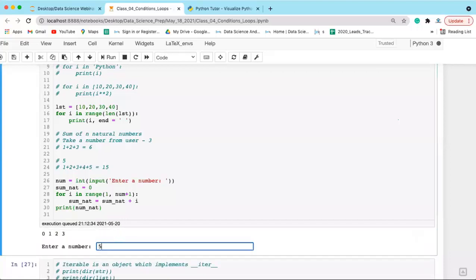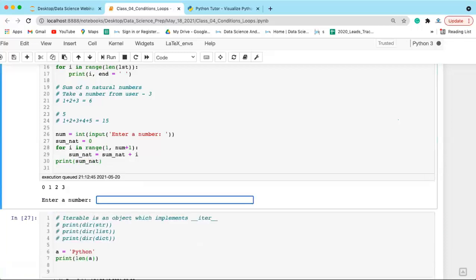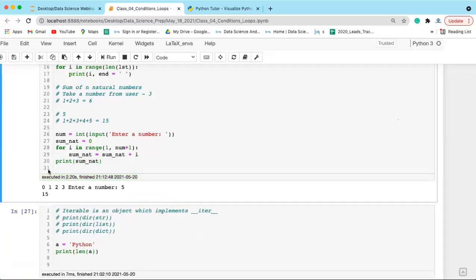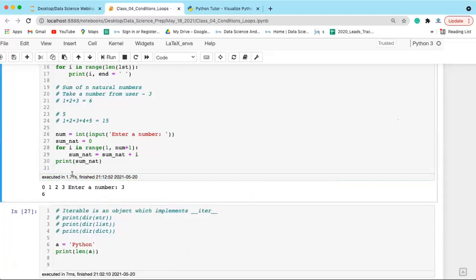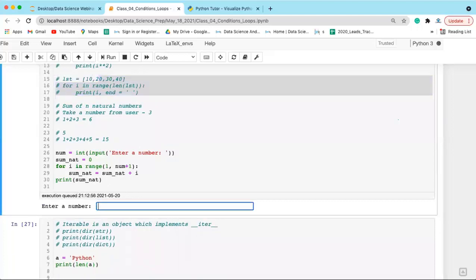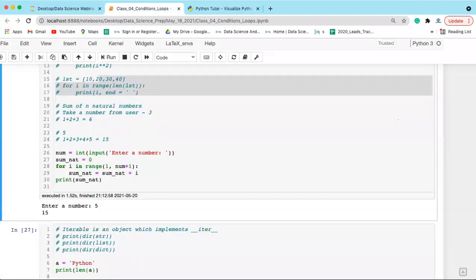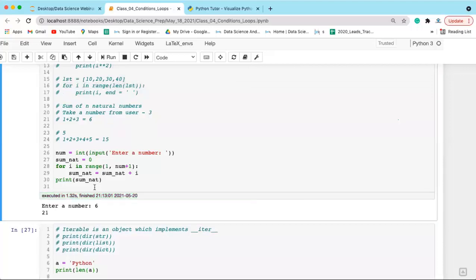If you enter 5, you will get the result 15. If you enter, let's say 3, you will get the result 6, and so on. Okay, fine. 5, 15. If you enter 6, you will get 21.